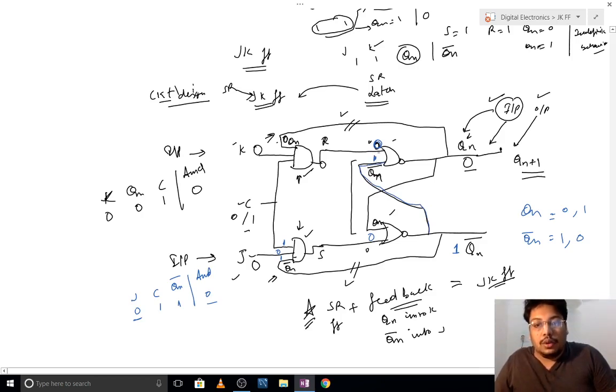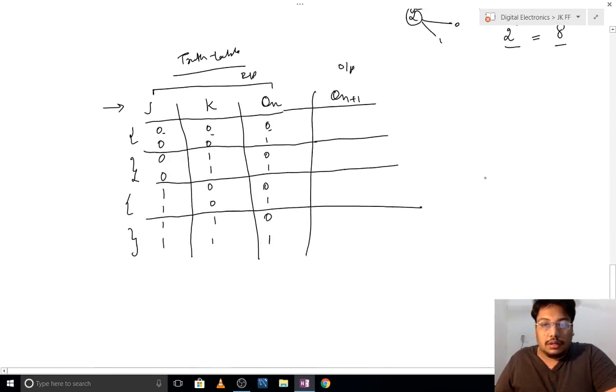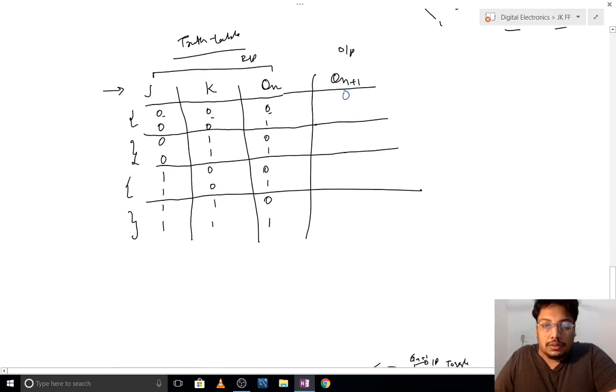Right? So 0 and 1. First we will do an OR operation, that will be 0 plus 1 is 1. Then we will be NOTing it, just complementing it, because this is a NOR gate. So 0 plus 1 is 1, NOTing it, it will again make it 0. So now Qn plus 1 comes as 0. Let me put Qn plus 1 as 0.